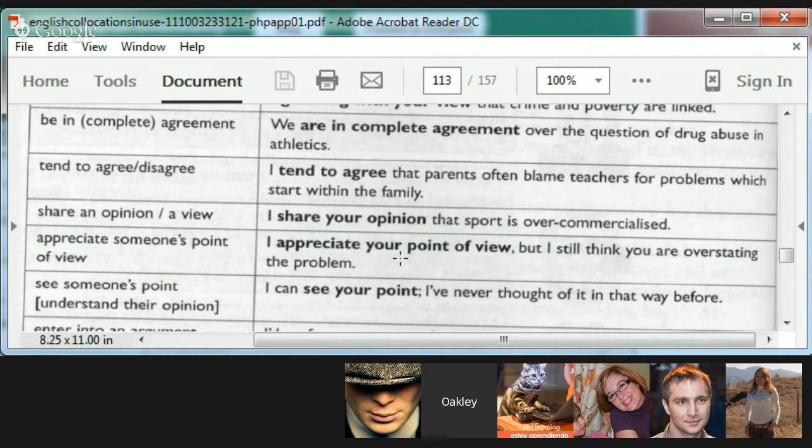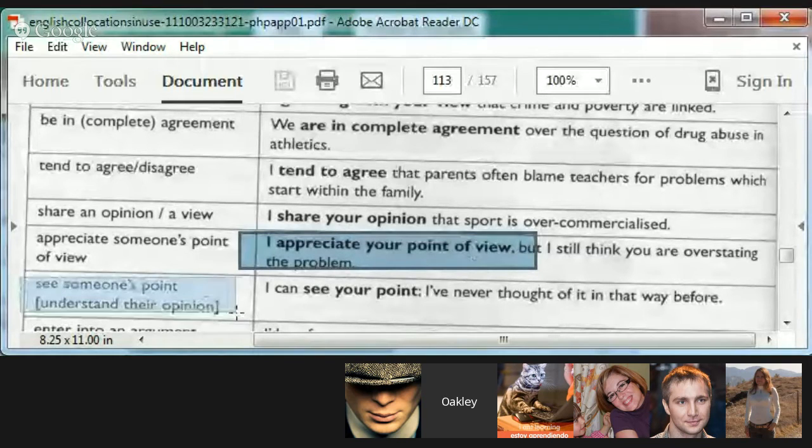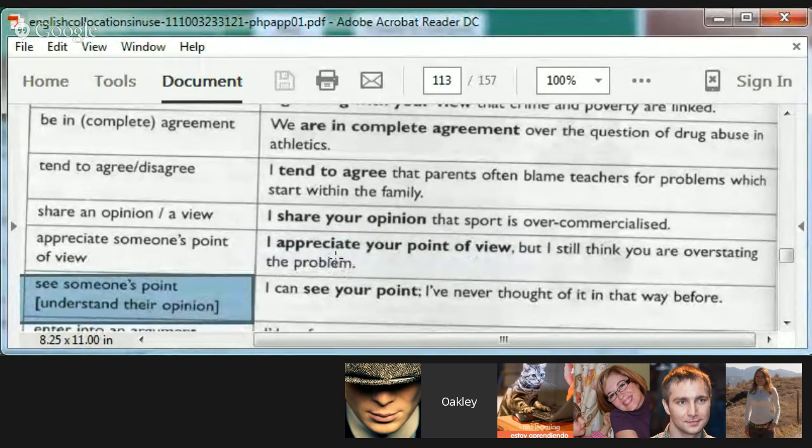All of those ways are often predecessors, a phrase that we use before the big but, because we want to present our contrasting point of view or idea. And it's very polite, by the way. It's very polite to say this, to disagree with someone in this way. Although I appreciate your point of view, although I can sympathize with your point of view, it's a very polite way to actually disagree.